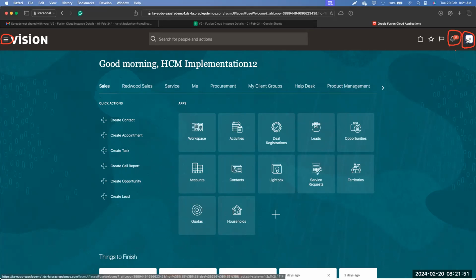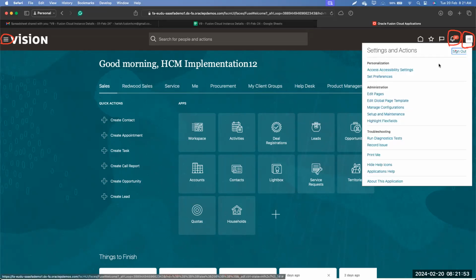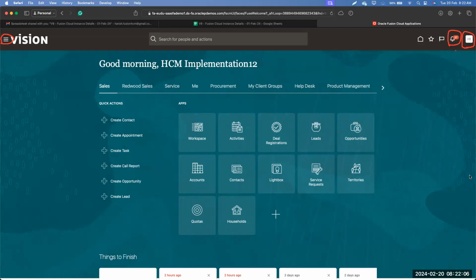And for settings and actions, if they want to sign out of the application, or if they want to access setup, again, into the setups, we still go to settings and actions. So these are the most commonly used icons we have in the Fusion applications.